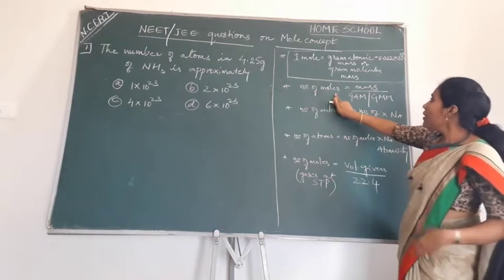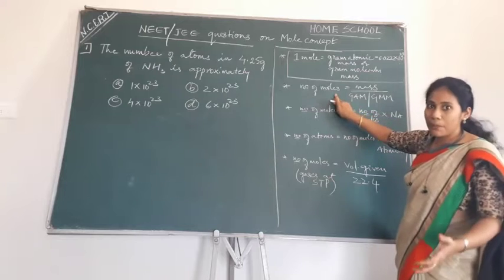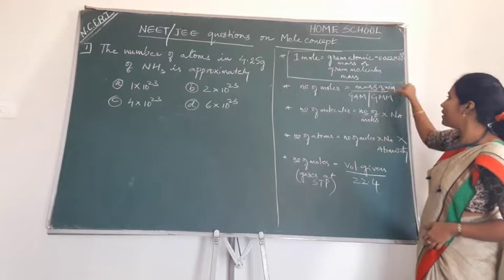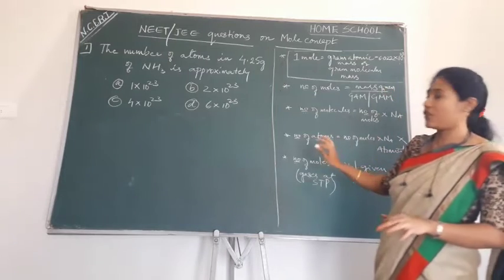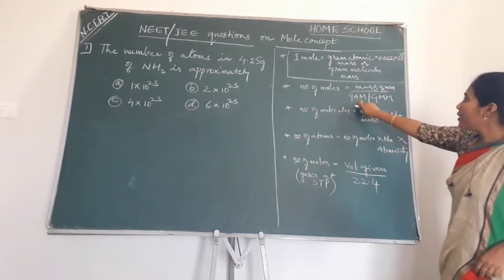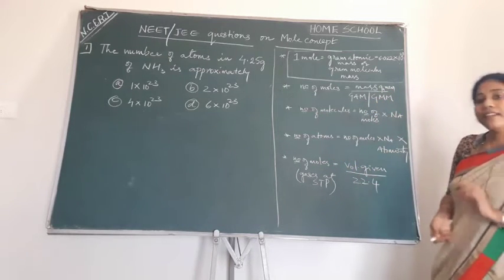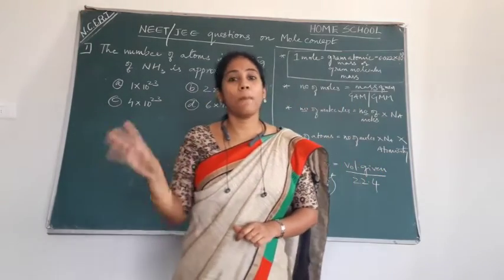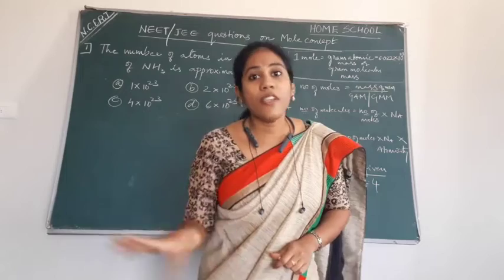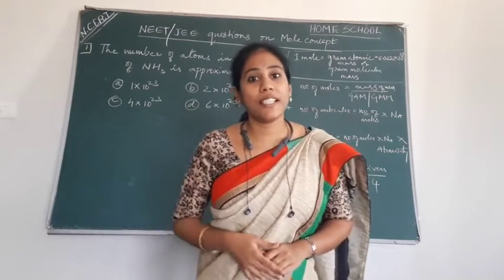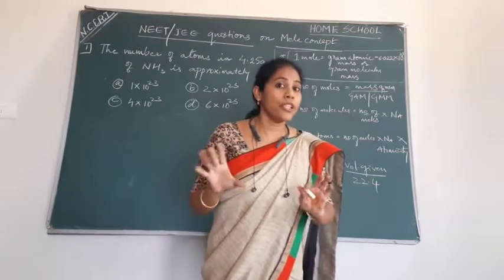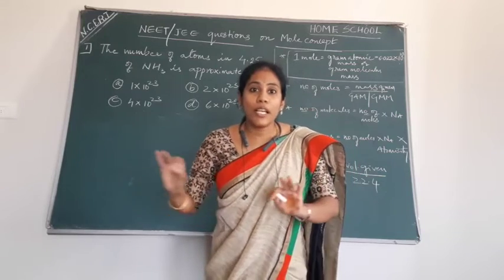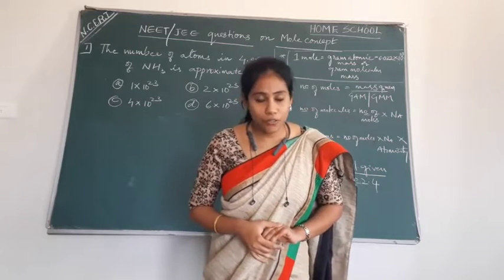If you want to calculate the number of moles of an atom or a molecule, it is always the mass given, which will be given in a question, divided by the gram atomic mass or gram molecular mass. For competitive examinations, the atomic mass of atoms and the molecular mass of molecules will not be given in many cases. So you should remember this, and you should at least know how to calculate molecular mass. That's a basic idea that you should have.